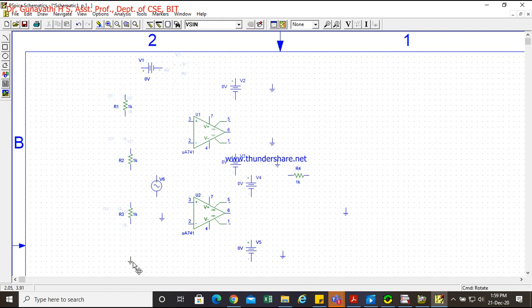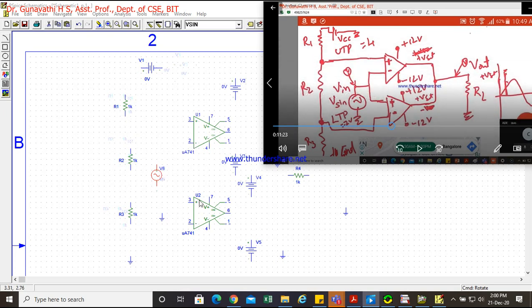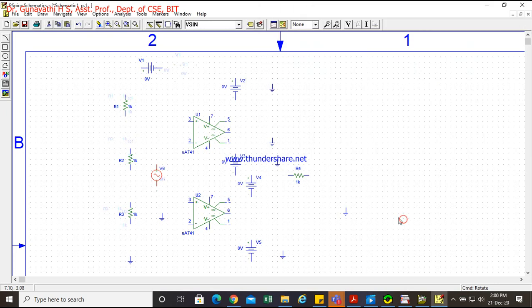So this ground, I'll put it here. So this negative terminal to be connected to the input here. Positive terminal to be connected to the input. So if I just do it like this, it works fine. So negative of this, positive of this. So it works fine. So now we'll just connect this circuit.